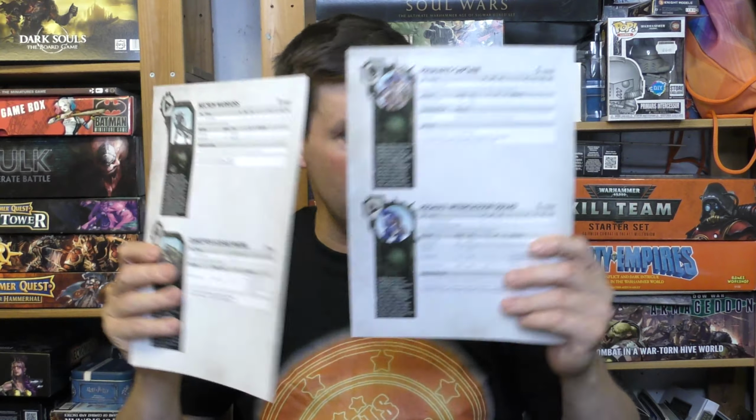I think that's probably, of all the things, the best thing in all of these boxes, with the possible exception of the terrain. A couple more, exactly the same I think, cards with the stats on. Having said that this little rule book was the absolute best thing in the box, it might actually be this,